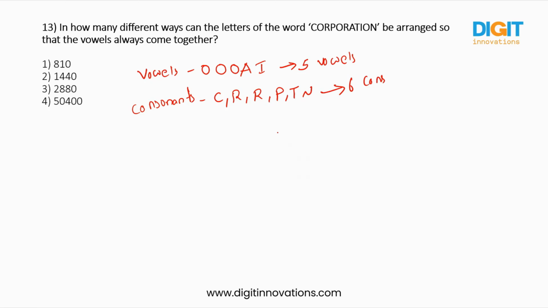So let us treat all the vowels as one block. Let us take all vowels as one block plus six consonants. In first step, let us take vowels as one block. In other step, let us take consonants as one block. So total 7 items are there. This is 1. I'm taking this as 1. And here 6 are there plus 1, so 7. So these 7 items are